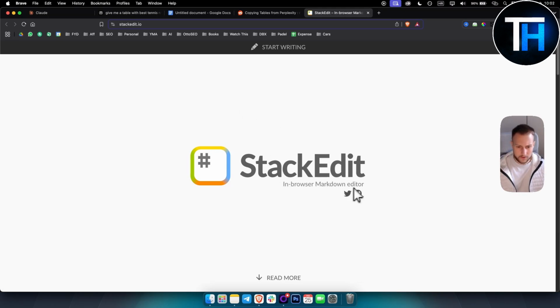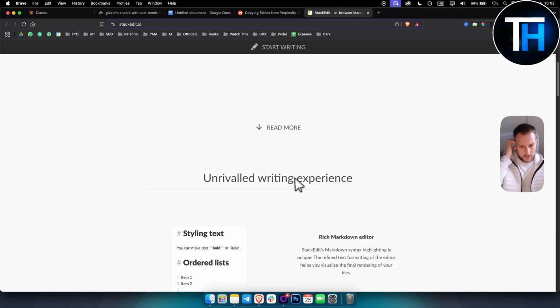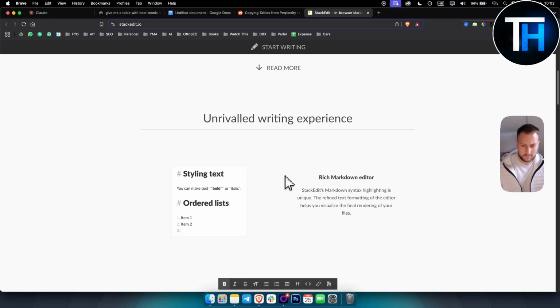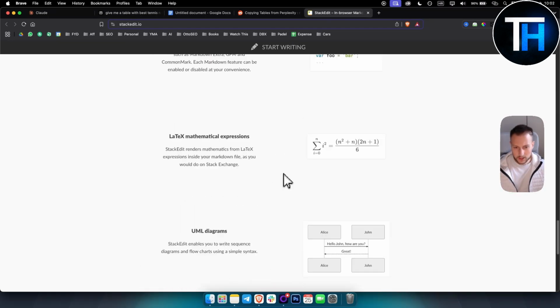This is, by the way, I think for Mac. I'm not really sure, but I think it's for Mac, but you can actually go here and you can